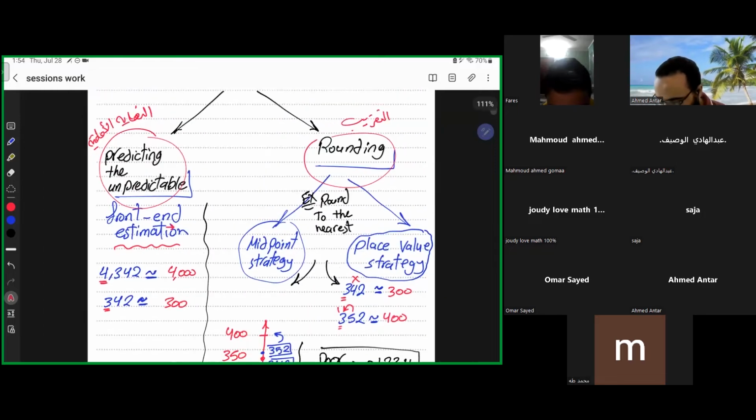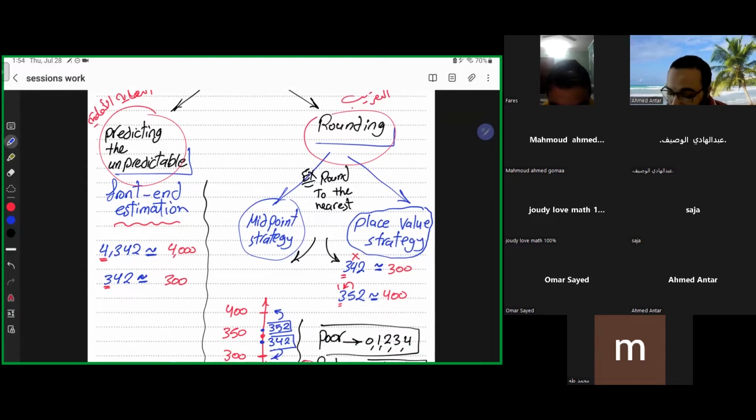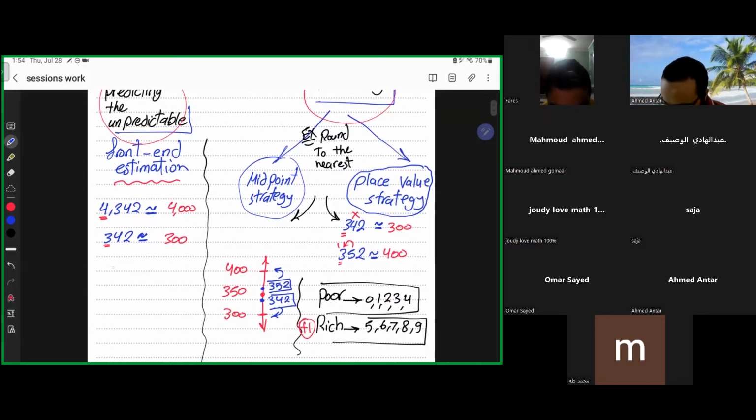And also we have studied the front-end estimation strategy. In the front-end estimation strategy, there is no rich and poor numbers. If he asks you to do it with the front-end estimation strategy, then you will take the first number as itself. It starts with 4, then it's 4,000. Starts with 3, then it's 3,000. If it is a rich number beside it, like 8,